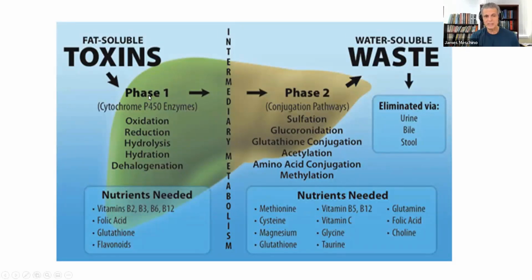Here are the phase 1 detoxification enzymes doing different types of reactions: oxidation, reduction, hydrolysis, hydration, reactions you're familiar with, supported by a lot of common nutrients that we talk about all the time. Then the phase 2 conjugation pathways. We're going to look at all of these in some detail: sulfation, glucuronidation, glutathione conjugation, acetylation, amino acid conjugation,